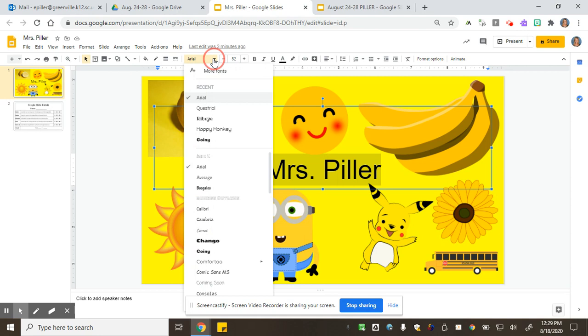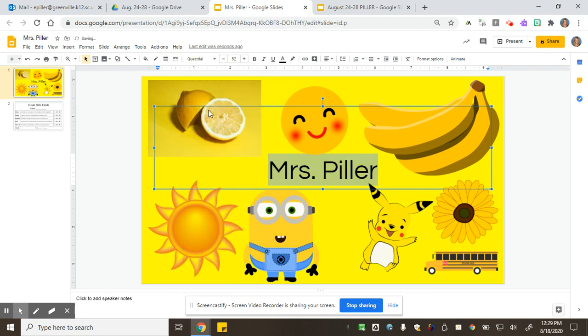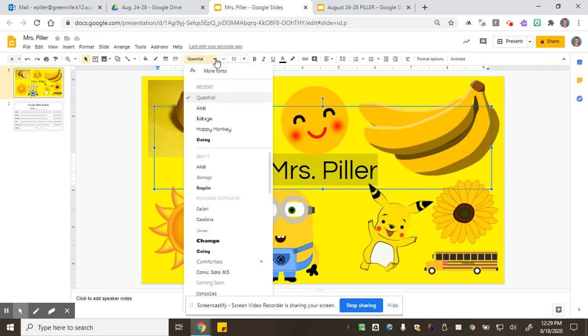The first thing I'm going to do is change the font. So I click that little drop down arrow and I'm going to go through and try some fonts. You have a lot on your Chromebook. These are some of my favorite. You can tell I use them a lot. So I'm going to try Questrial. That's okay. As long as I leave it highlighted, I can change the font again and it won't